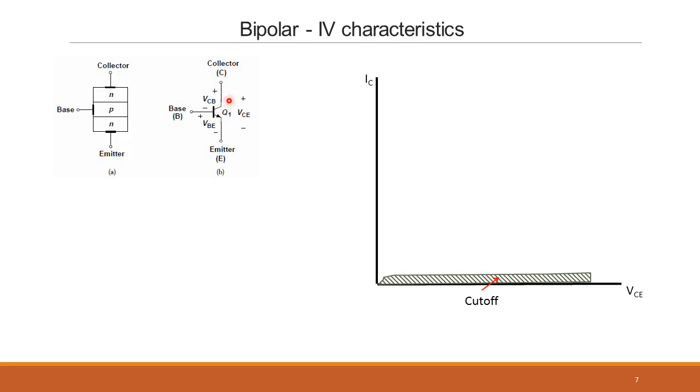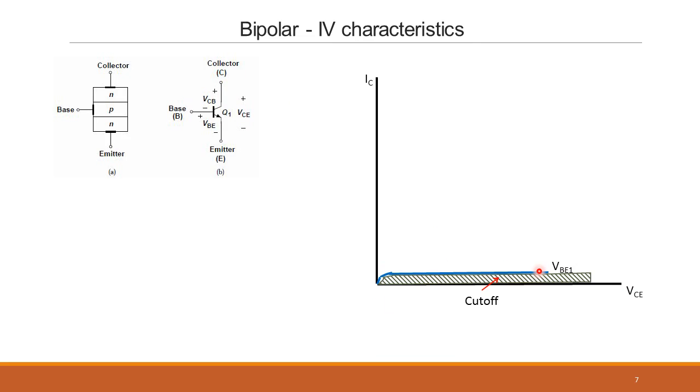But how much of it will get collected by the collector or what influence it has, we'll just see. For small values of VCE, the current is actually not large, even though this junction is saying, set the current to some value. Because VCE is 0, it's not able to collect the current, hence the collector current is very low. And as the collector voltage increases, it is able to collect all the current, hence the